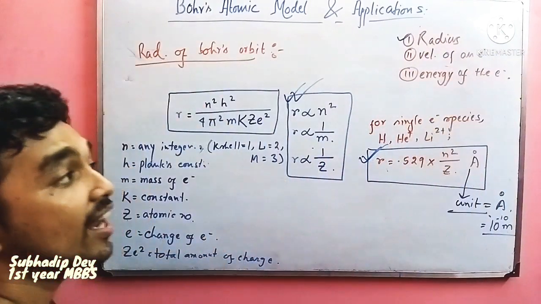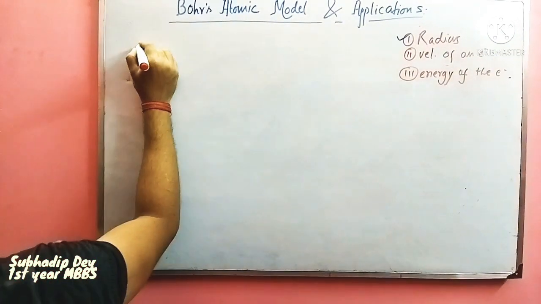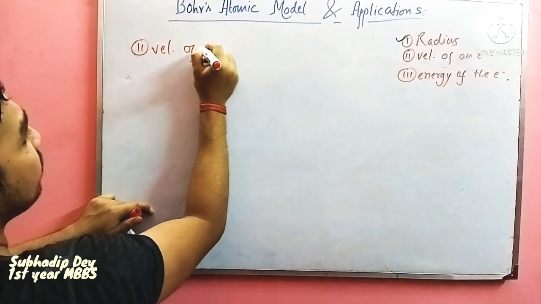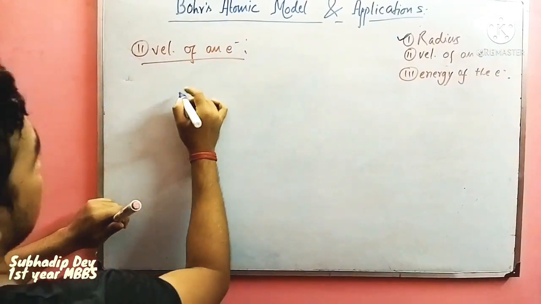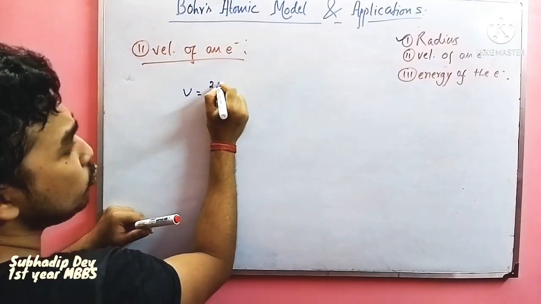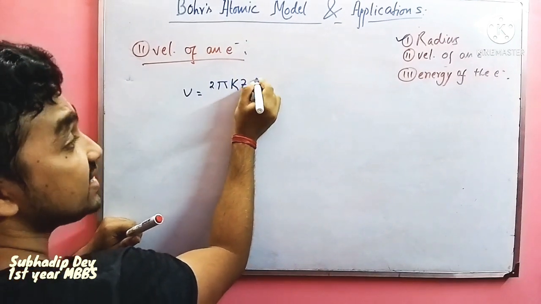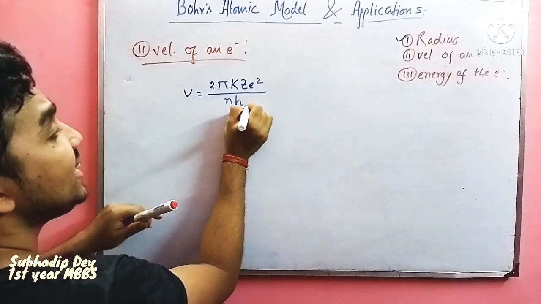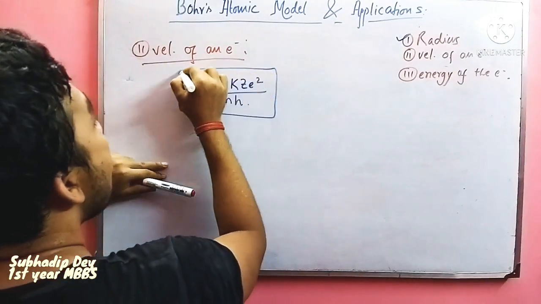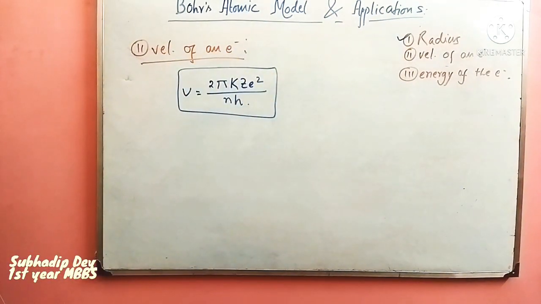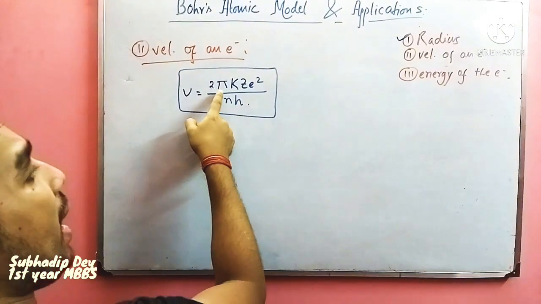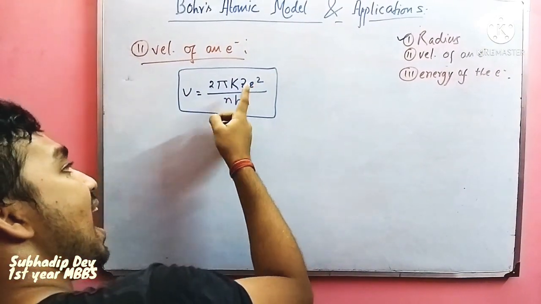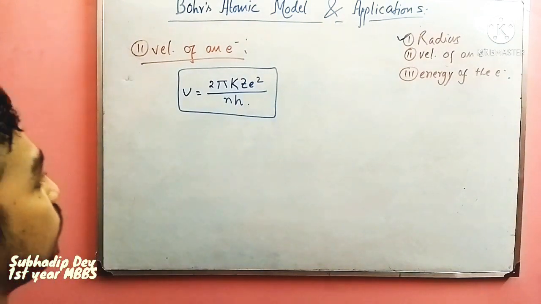Now we will move to velocity of an electron. So velocity of an electron is given by v equal to 2 pi k z e square divided by nh. So this is the formula for velocity of any electron moving in a specific orbit. From here we can see that v is the velocity of electron. Here 2 pi k e square and h are constant values, and what is